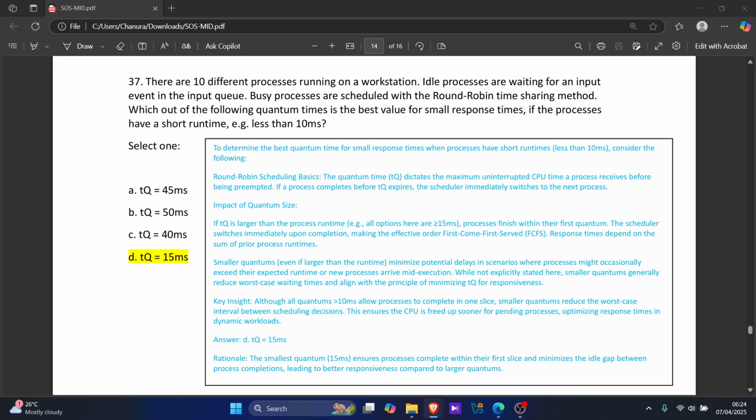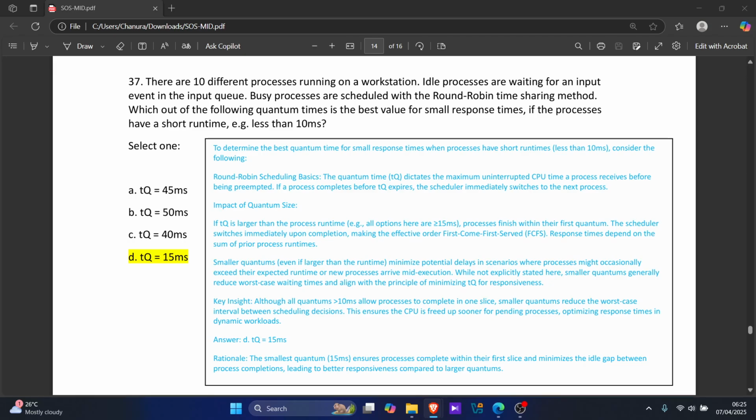But if the quantum is set to 15 milliseconds, but processes finish in 10 milliseconds, the response time for the second process is 10 milliseconds, third is 20 milliseconds, etc. However, if the quantum was smaller than 10 milliseconds, say 5 milliseconds, the response time would be better. But among the options given, the smallest quantum is 15 milliseconds, which is larger than the process runtime. Wait, but the process runtime is less than 10 milliseconds, so 15 milliseconds is larger. Therefore, setting the quantum to 15 milliseconds allows each process to finish in one quantum, leading to immediate start of